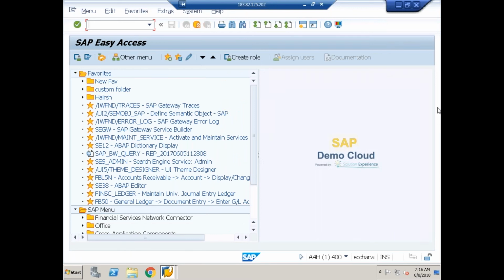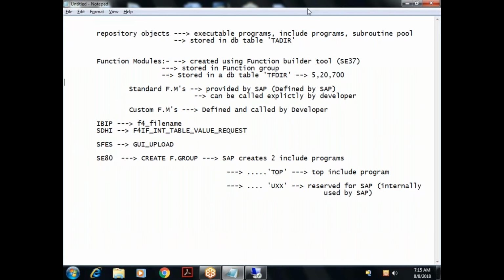Okay, so we will not blindly create the function module. Just like before creating a subroutine, we need to analyze the subroutine requirement. We need to analyze whether to create the subroutine with parameters or without parameters. If with parameters, you need to decide what type of parameters to pass, whether integer, character, pack, date, time, or internal tables. We need to decide whether to pass by reference or by value, and whether the subroutine has to return a value or not. So we have to do some analysis.